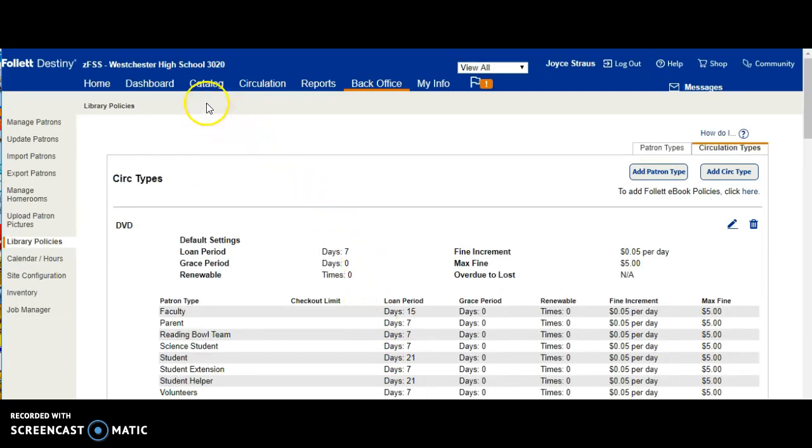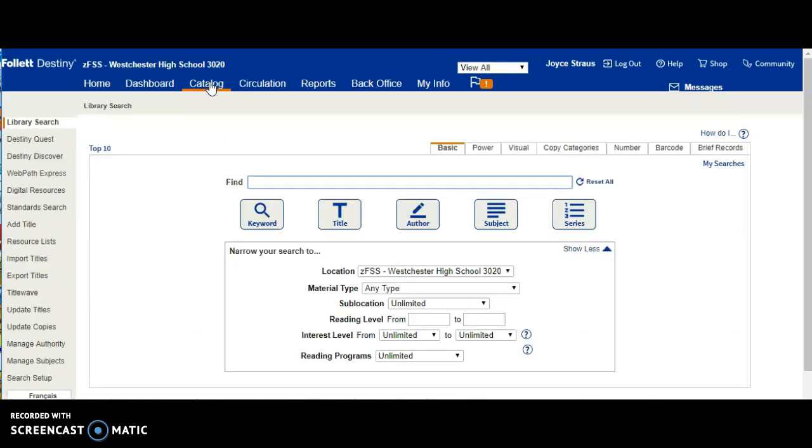The next section we're going to go to is Catalog, and again we just click the word Catalog up at the top. We can see we have many different tasks that we can do here in Catalog. I like to call this page my Catalog home page, and it is also a library search page. If we're going to add one title, this is a good place to start. For example, if we think we might already have this book in our catalog, we could just add a copy. We would type in the title of the book, click on the word title,